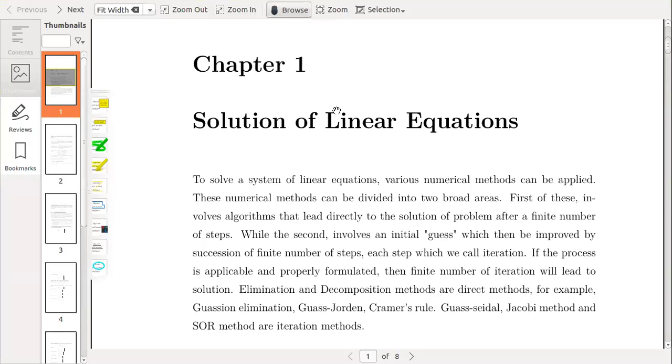Okay, so we start with the solution of linear equations. To solve a system of linear equations, various numerical methods can be applied. These numerical methods can be divided into two broad areas. First of these involve algorithms